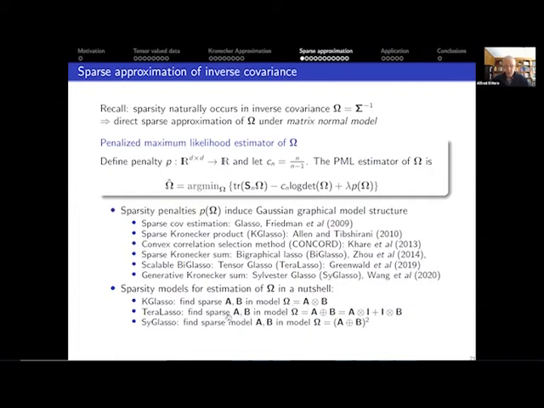The Tera-lasso, the so-called tensor lasso, uses a Kronecker sum representation, which, as I'll describe in a minute, has the big advantage that it makes this objective function convex if you use an L1 penalty. Whereas with the Kronecker product G-lasso, the standard Kronecker G-lasso, it's not convex, right? You have a bilinear type of dependency of omega on A and B. And then Sig-lasso, we're going to have omega be a square of a Kronecker sum, which I'll explain why in a minute.